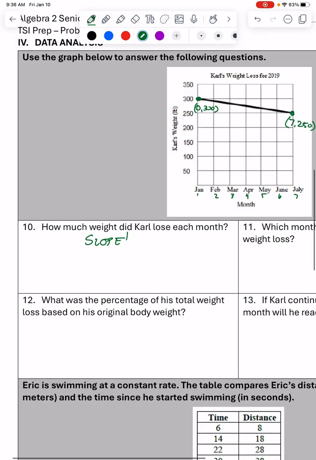So for our slope, right, y2 minus y1 over x2 minus x1, right? So if we go 250 minus 300 over 7 minus 0, that would give us negative 50 over 7. And if we do that division, negative 50 divided by 7,